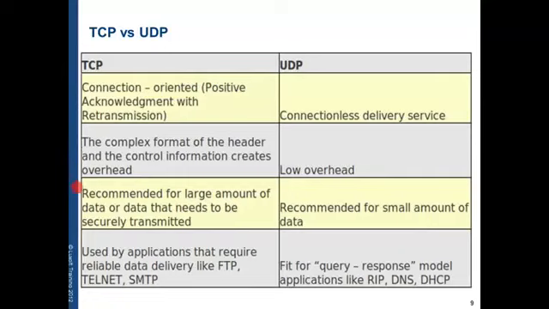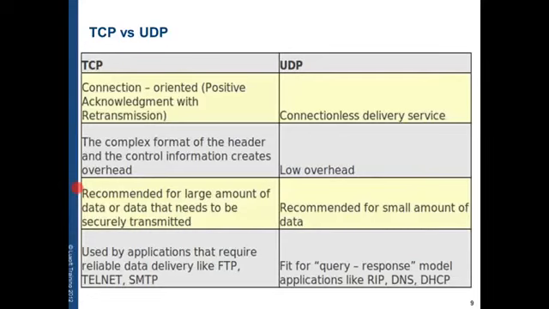TCP is recommended for a big amount of data that needs to be transmitted, or for a connection where you must be sure that the receiver got it.